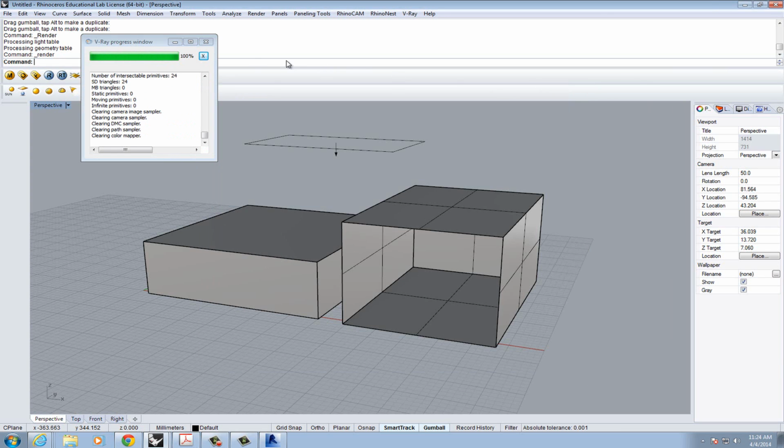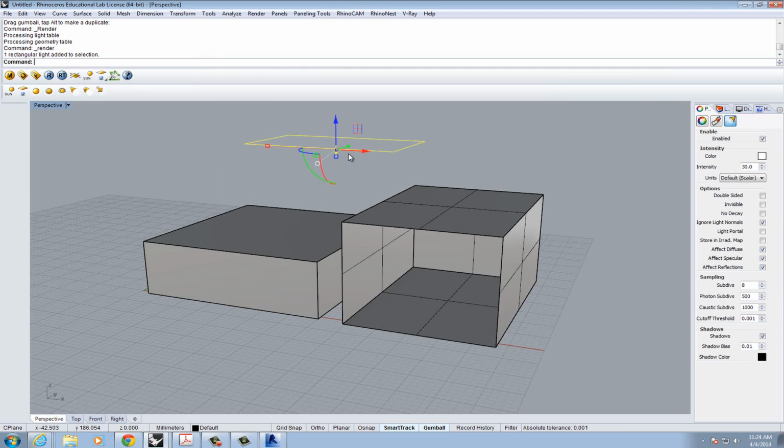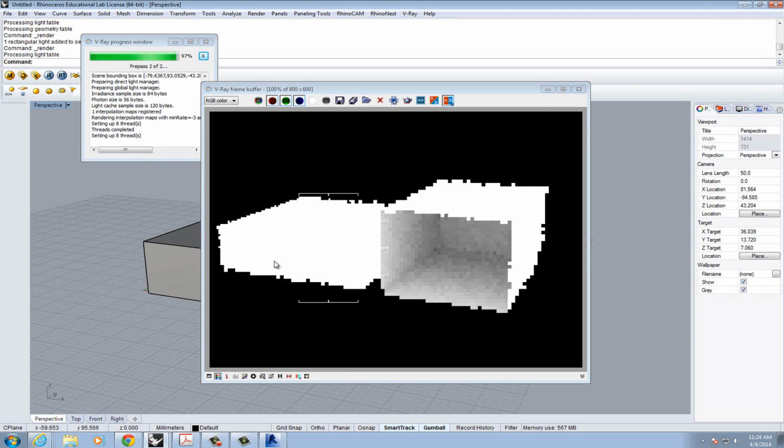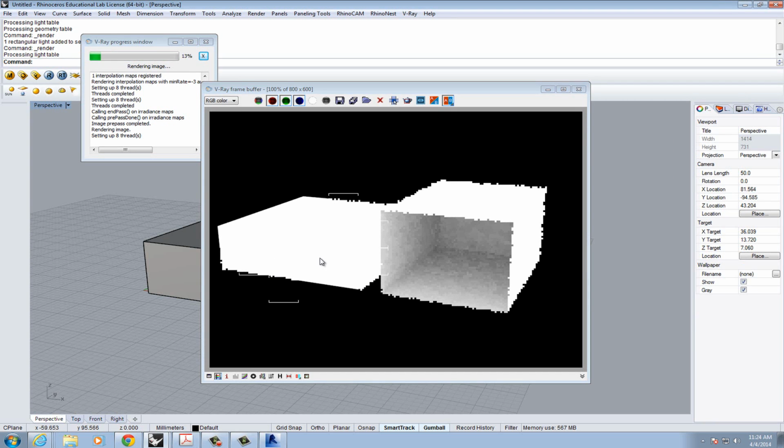So we'll try that. You click on the light, and over here on the properties window on the side, you see this little light icon. I can change its intensity here with this little bar. So I'm going to go way down to 10. And we'll try rendering it again. And I have exactly the same